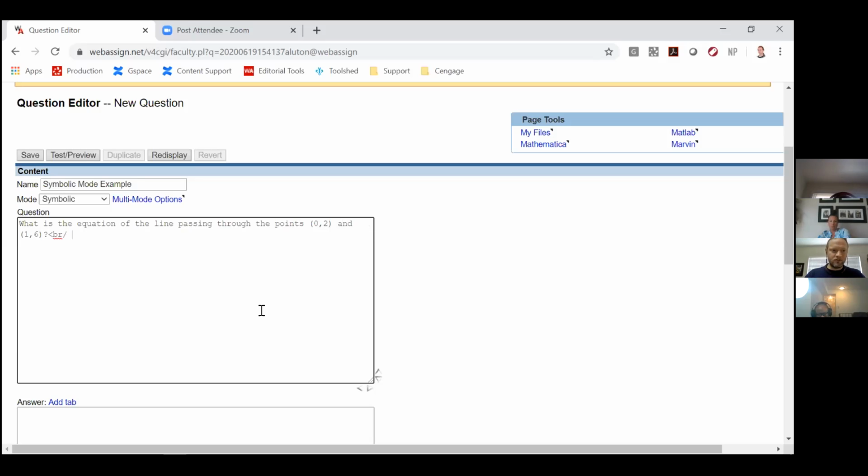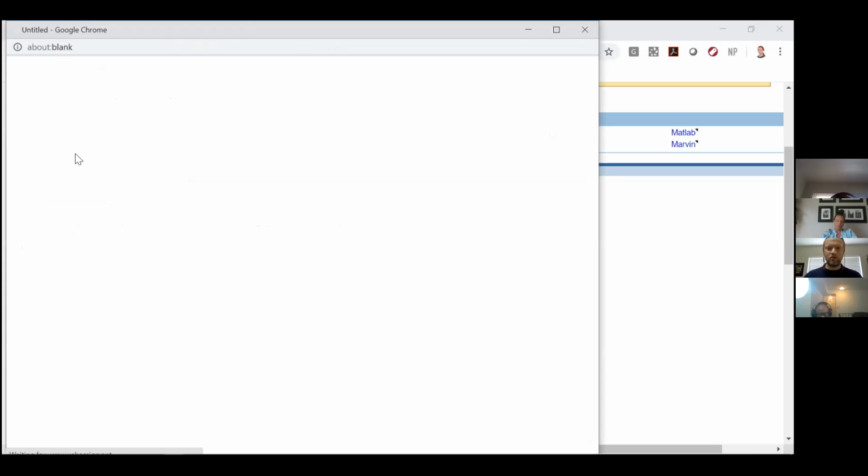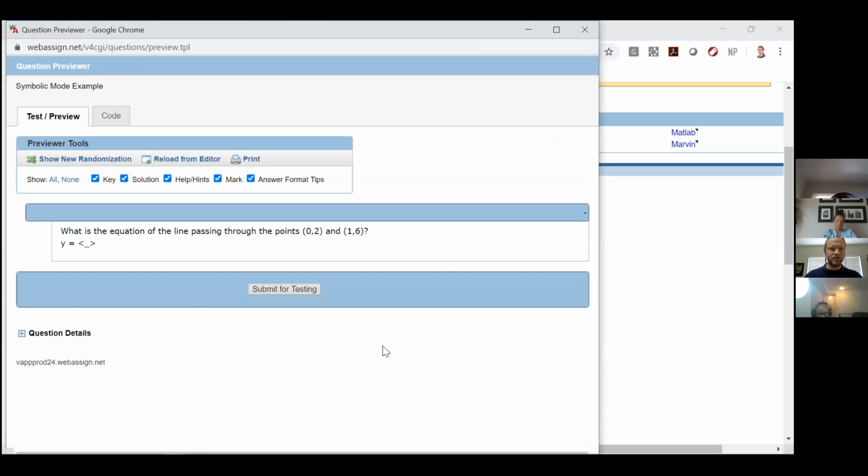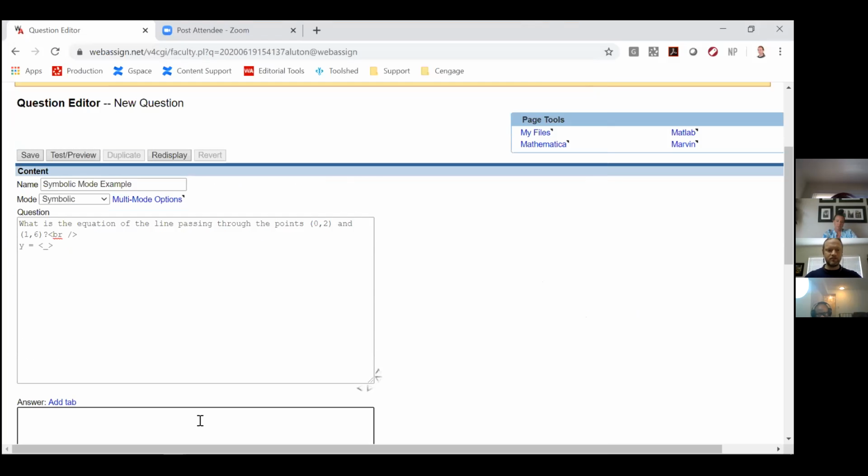I'm going to add one of those line breaks so we can see the question better. I'm going to have the student enter y equal, and then they're going to enter their answer. Just take a quick look at what we've got so far before I type in the answer key. This is what the student sees. So they'll type in the latter part of this function, the right-hand side, which is